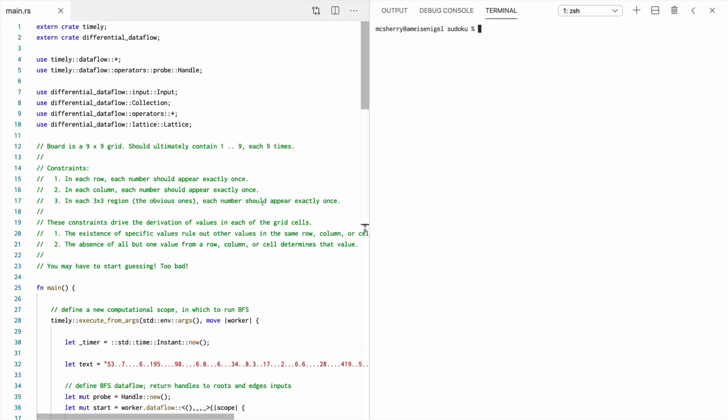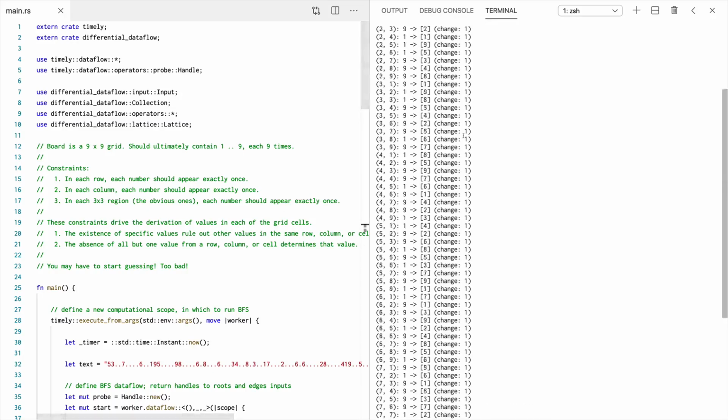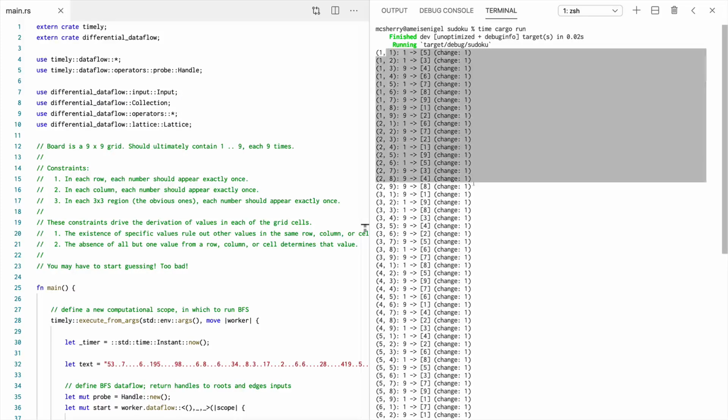this is currently checked into a work in progress repository that I have on GitHub. You can go grab it if you want. If we run it, this is a debug build at the moment. What it produces is, for every one of the 81 locations in the 9x9 Sudoku, shown over here on the right,